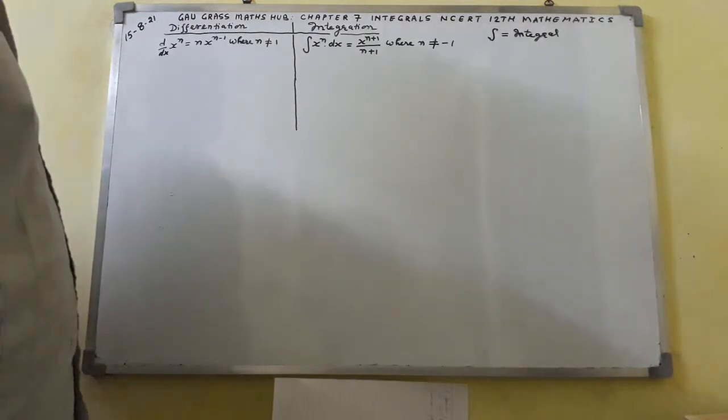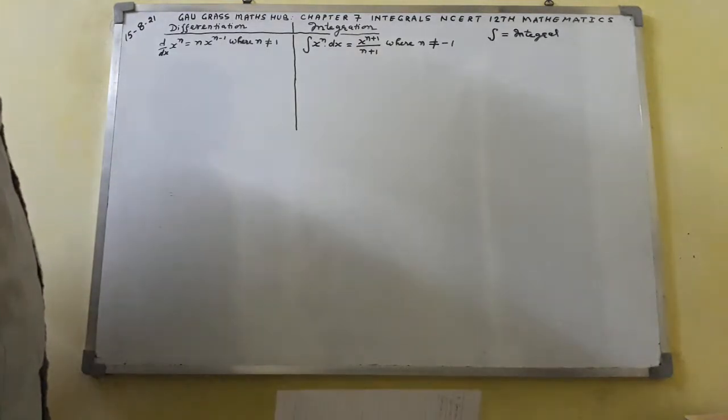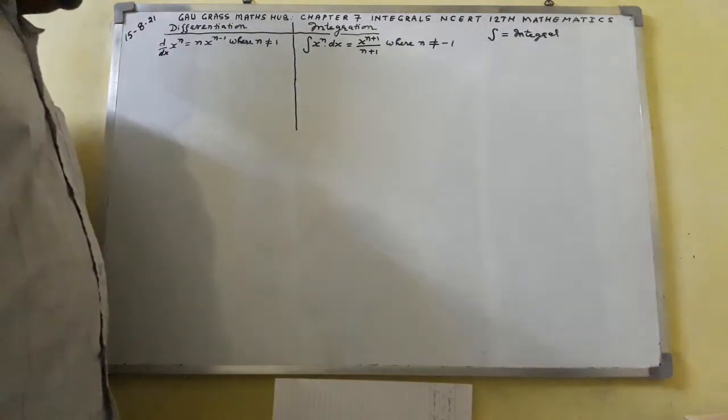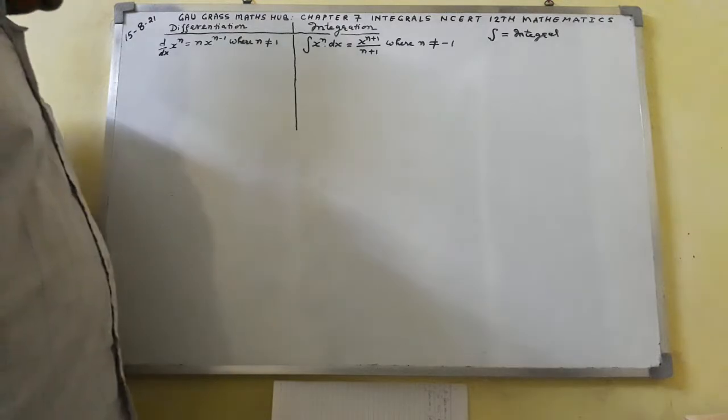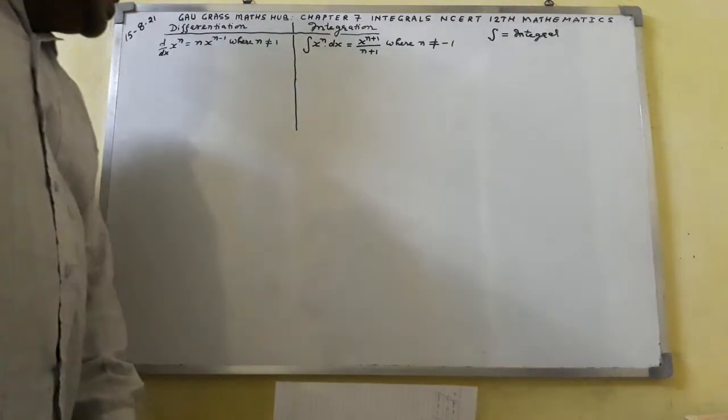I shall discuss some concepts and formula related to chapter 7, Integrals, NCERT 12 Mathematics. This is the chapter 7 Integrals, NCERT 12 Mathematics. First of all, I shall take differentiation and thereafter I shall take integration. Here I have written